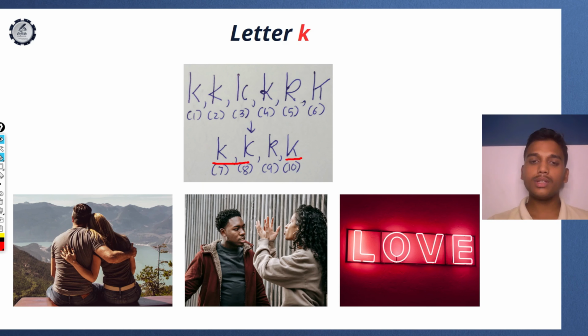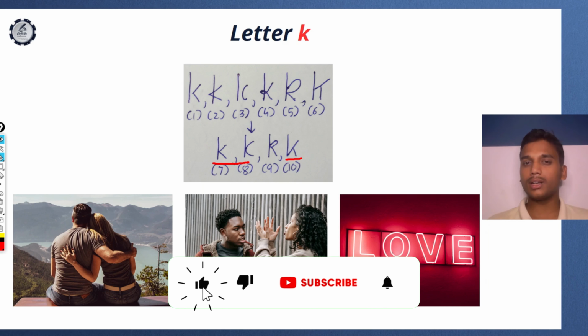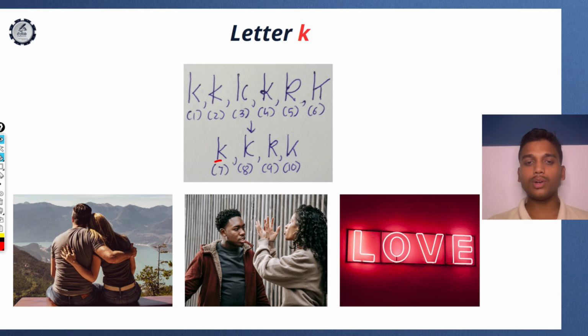If you see these writers, then they are more dry when expressing their romantic feelings. Because of that, the emotions are not connected and they are more interested in arranged marriage or marrying as their parents say. Okay, now most often we'll find these two types of K. Some people even write this type of K, right? This one is rarely found. Okay, and even this one is not that common. You will mostly find this one, the gap one or the loop one.